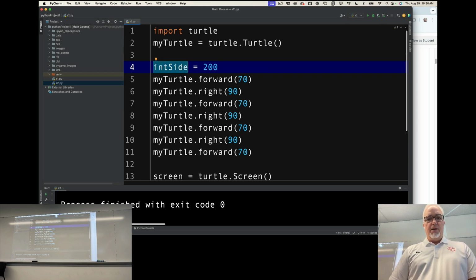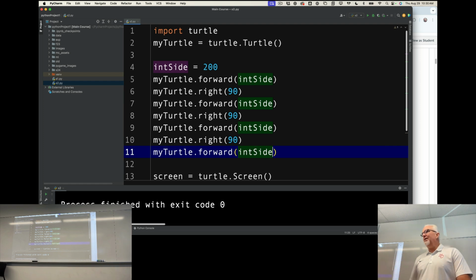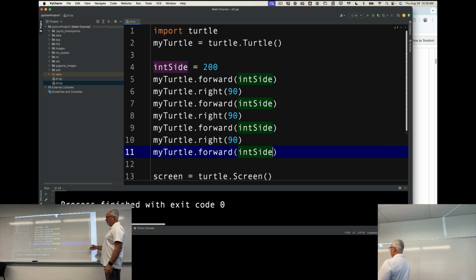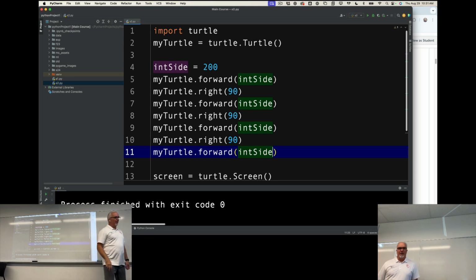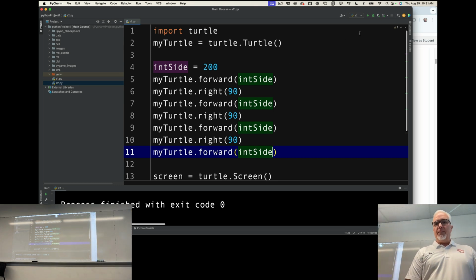Now, instead, for each side, I just put that number. It's kind of cool because now I know, because I named this, I know it's an integer and it's for the side. So now when I see it in the code, I know exactly what I'm doing here. And when I run that,